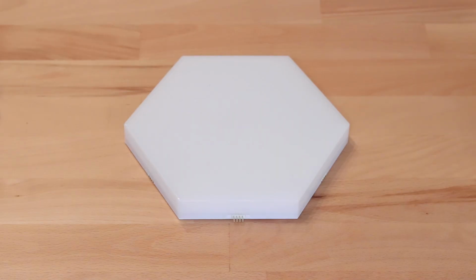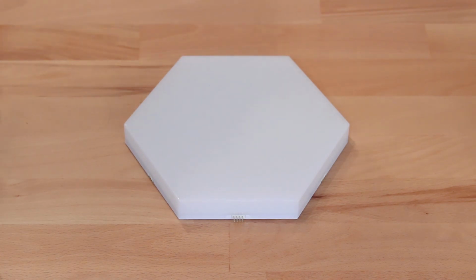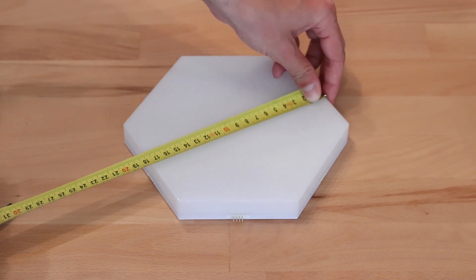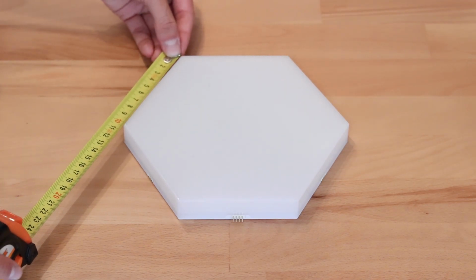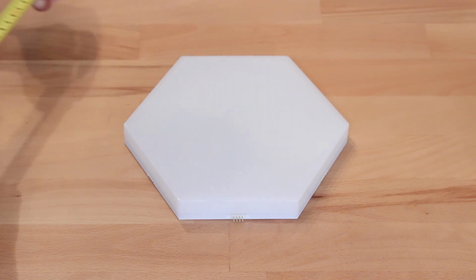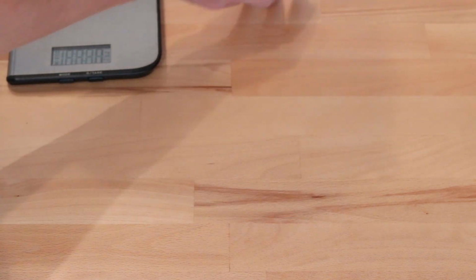Going on, we will have a look at the panels themselves. The panels are around 2.5 centimeters high. From this to this side it's around 17.8. This to this side it's 20.8, and these sides are around 10.2 or 10.3 centimeters. The panel weighs around, let's see,